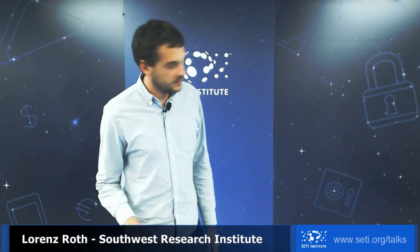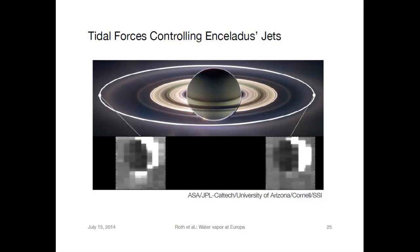Interestingly, just last year, very similar variability was found at Saturn's moon Enceladus, and you see here again a sketch. It's the orbit of Enceladus around Saturn, and left is apocenter, right is pericenter, and looking at these images taken by the visible and infrared mapping spectrometer of Cassini, black pixels are the moon, the bright pixels to the right are kind of the rising sun, and the bright pixels below the black pixels show the plume activity, and you can see that here at apocenter the plumes of Enceladus are more active than at pericenter, and